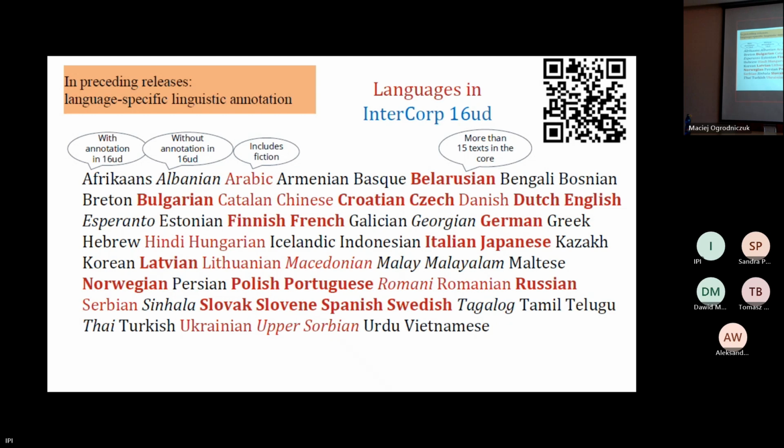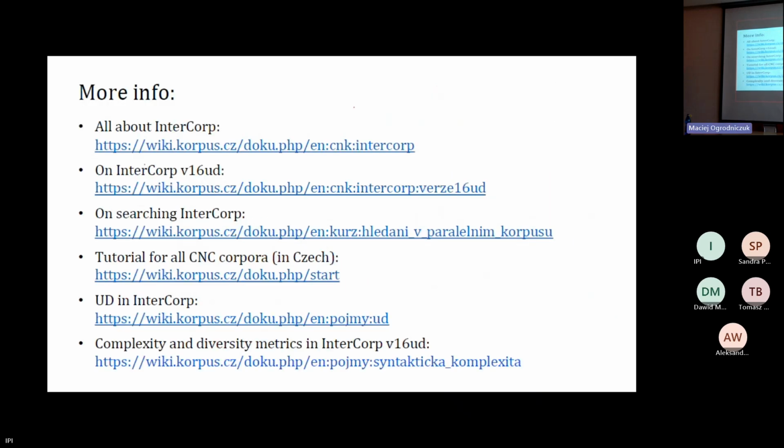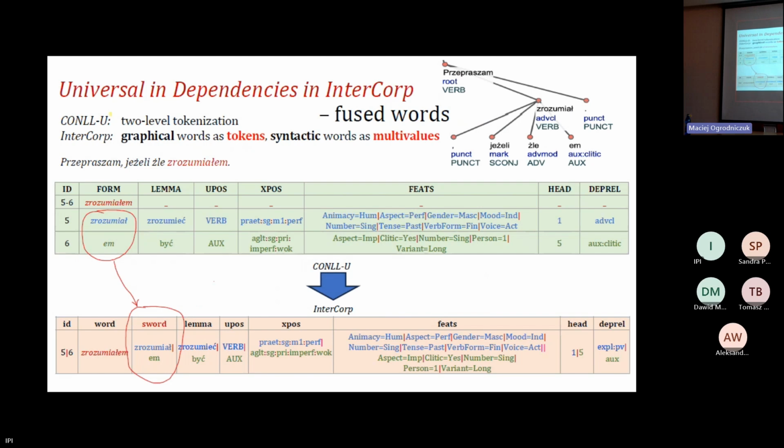Yeah. So usually the European languages are better off here. So you have all the other links that you might like to try. So that was about the content of InterCorp,